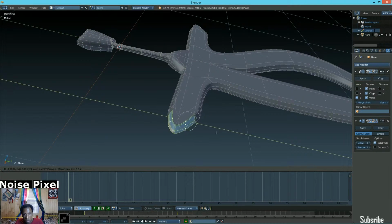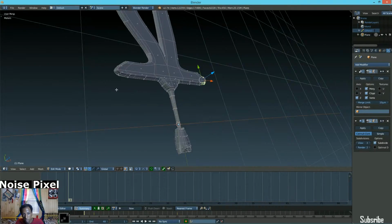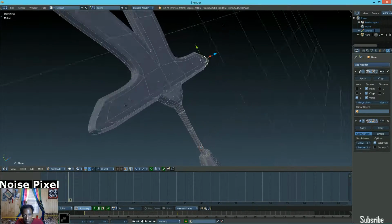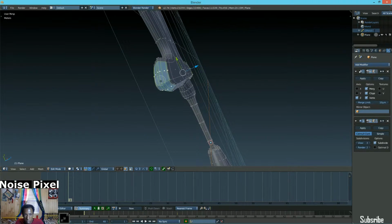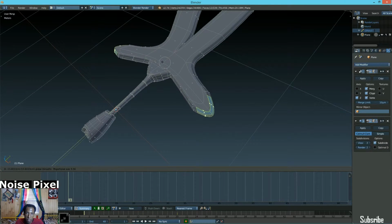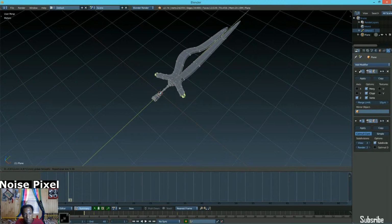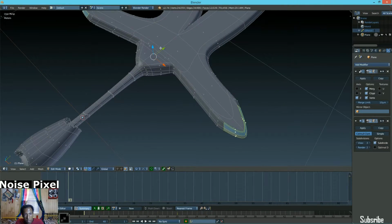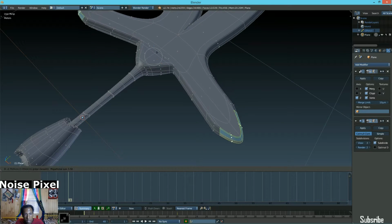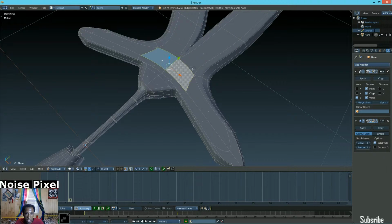So let's scroll down. Oh, yeah, I forgot to do the other side. Normally I would do this in mirror, but since I'm having this asymmetrical sword, it's not mirrored. So once you have both sides, you can pull it down a little bit. That's pretty cool. Make sure nothing's clipping. There you go. It's almost about to clip. So I'm gonna select these two sides right here, squeeze them in just slightly, pull it up slightly,